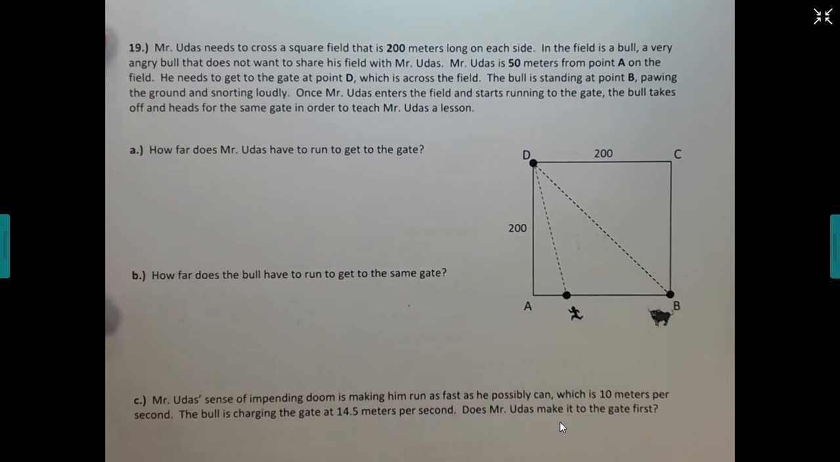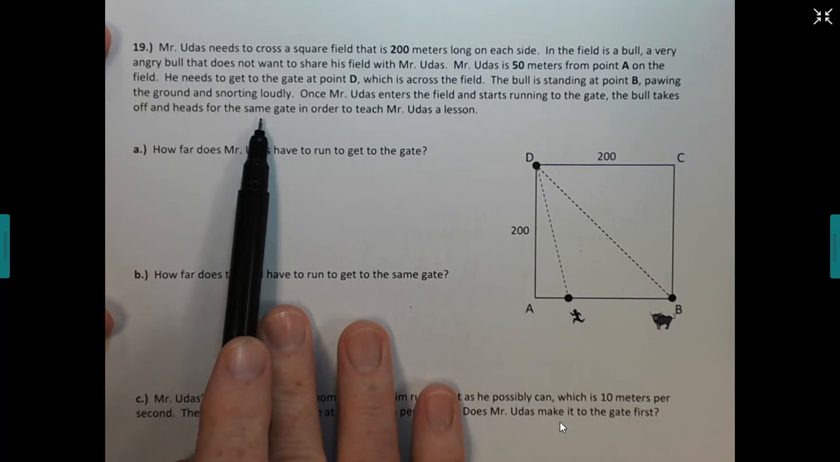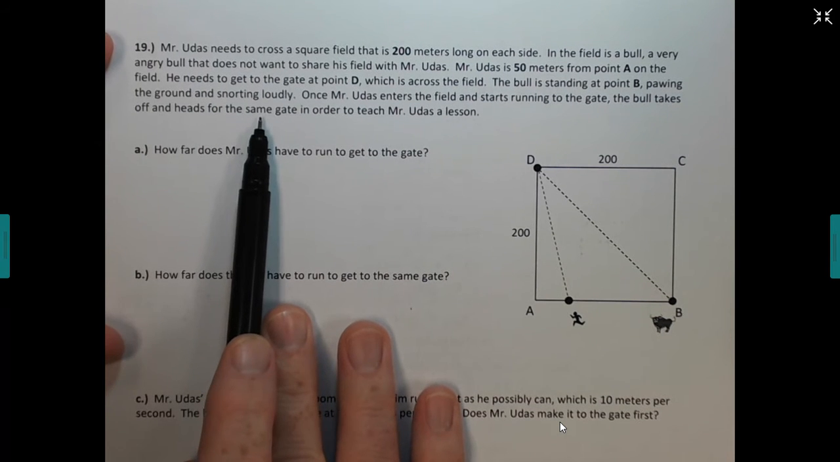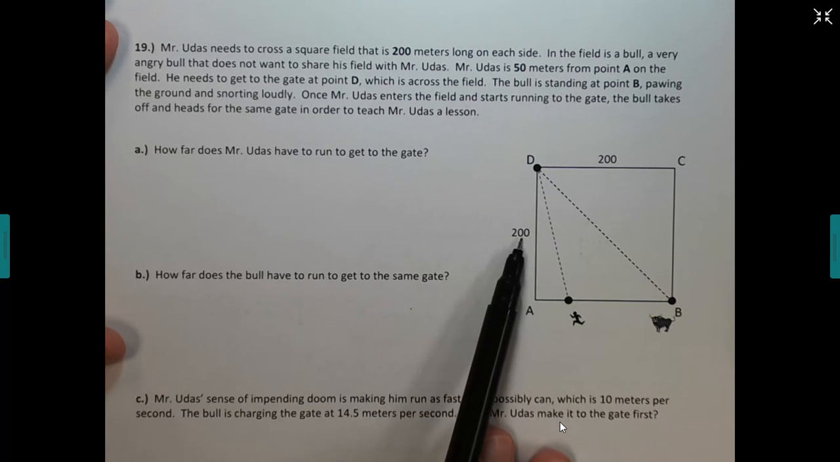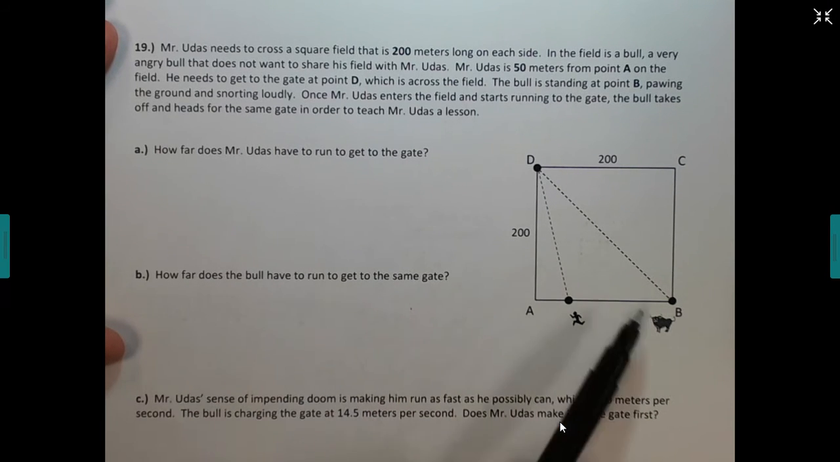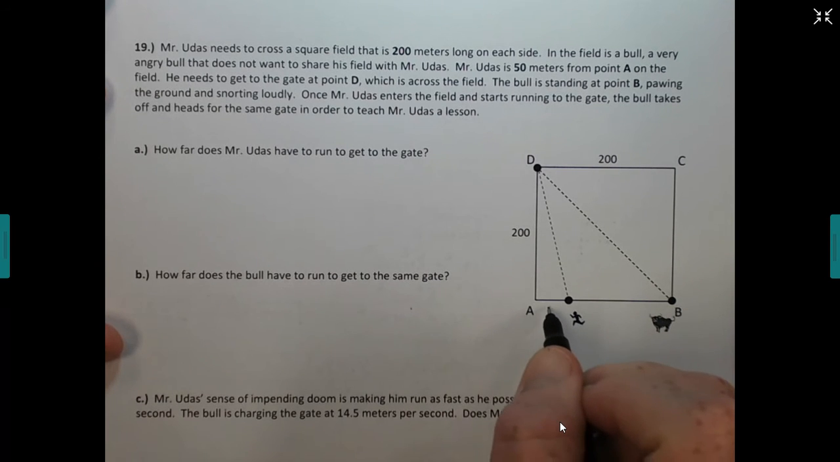All right, you guys, here's page 4 of the review. Everybody's favorite, word problems. Mr. Udas needs to cross a square field that is 200 meters long on each side. In the field is a bull, a very angry bull that does not want to share his field with Mr. Udas. Mr. Udas is 50 meters from point A